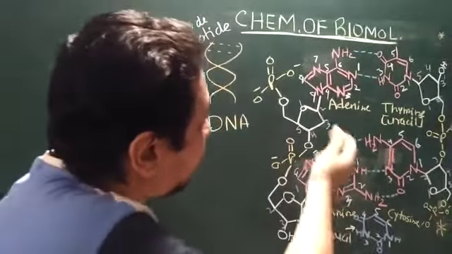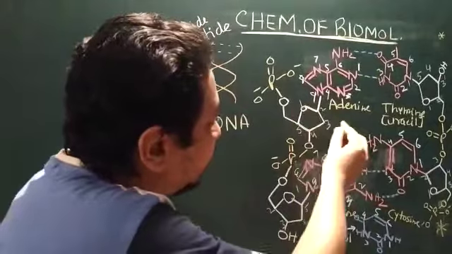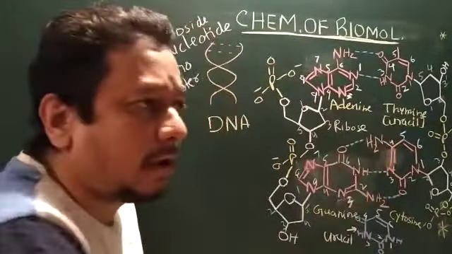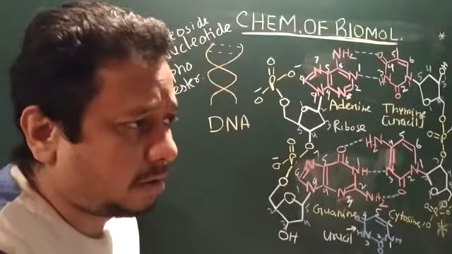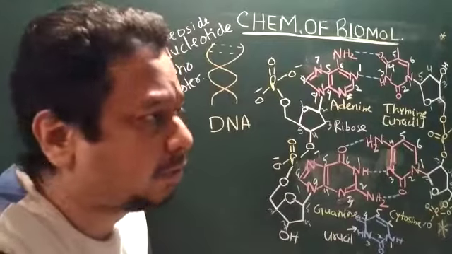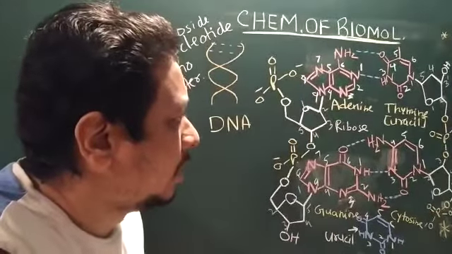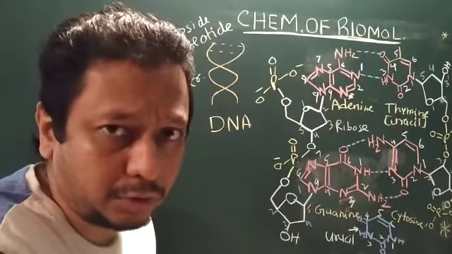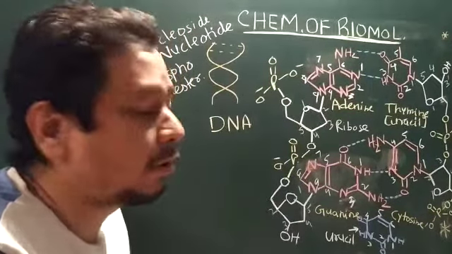So why is it an N-glycoside? Because of the sugar molecule, the ribose sugar. We'll be making our biochemistry video on the pentose phosphate pathway. That pathway is very useful to yield ribose, because without ribose DNA cannot be synthesized